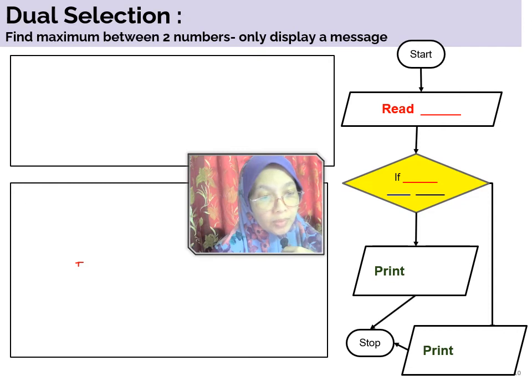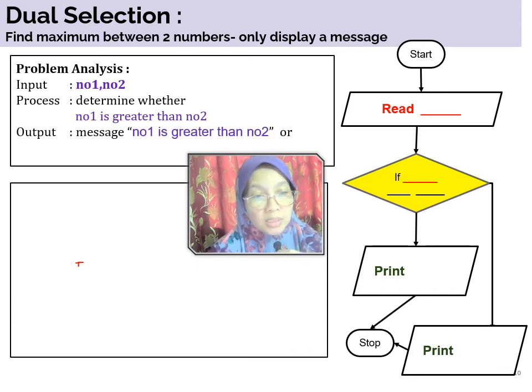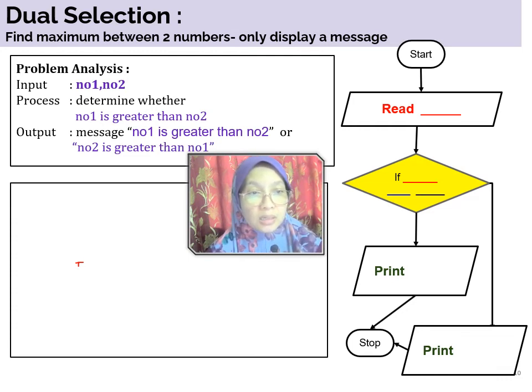So what to do? Program analysis: number 1, number 2. The process determines whether number 1 is greater than number 2. Output: the message number 1 is greater than number 2 or number 2 is greater than number 1. What is the difference between this question and the previous question? In the previous question the output is max only, or max and min, but in this slide you only have to show the message. If you have to show the message, make sure you put double quotes,